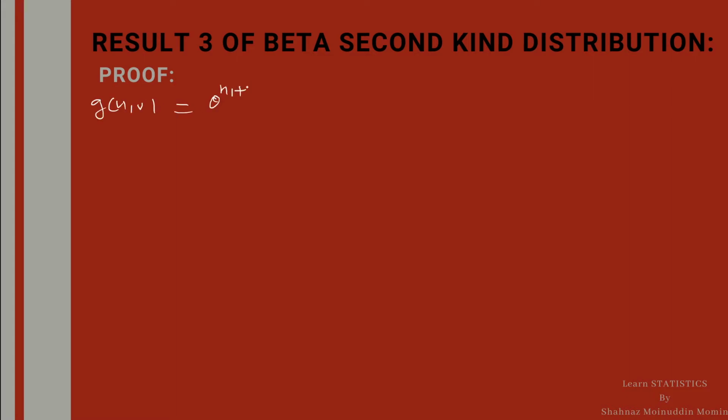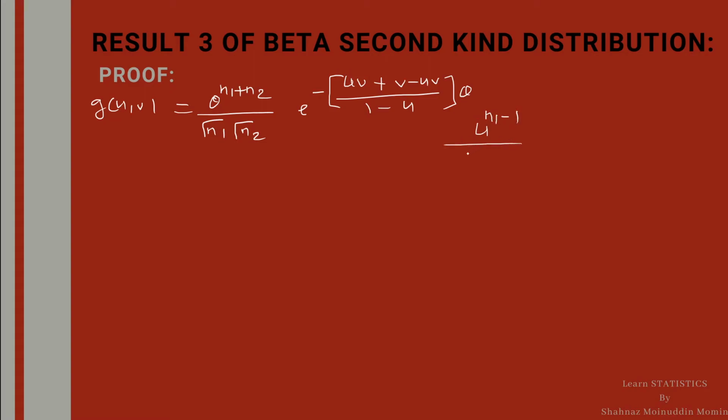theta raised to n1 plus n2 divided by gamma n1 into gamma n2 e raised to minus, by taking LCM we get uv plus v minus uv divided by 1 minus u into theta, and this is multiplied by u raised to n1 minus 1 divided by 1 minus u raised to, I am collecting the terms together of the same type, so it is n1 minus 1 plus 2 into v raised to n2 minus 1 into v raised to n1 minus 1 into v, which is equal to